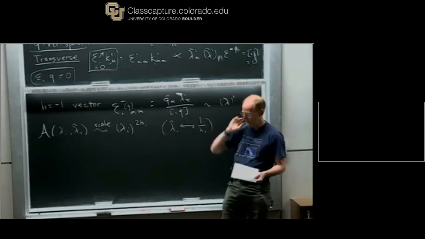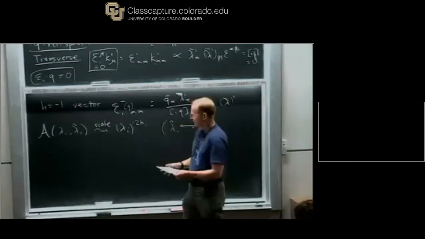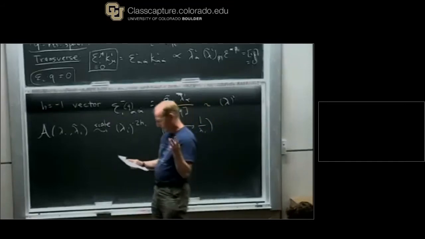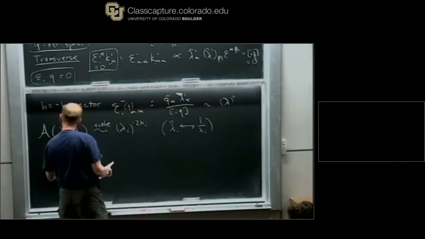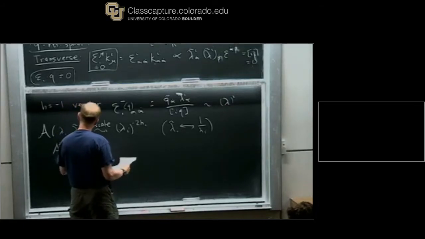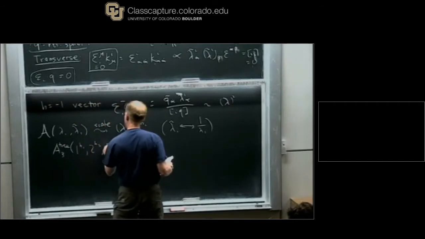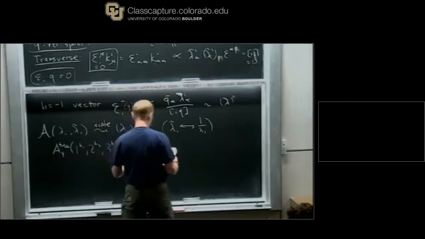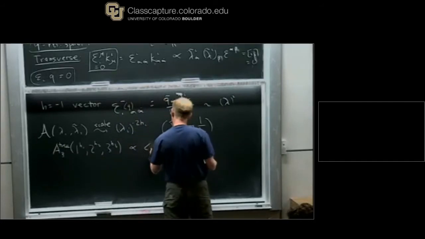So let's work in that kinematics, and then let's just ask if we only have 3 different invariants we can work with, and so the tree level 3-point amplitude for particles 1, 2, and 3 with helicities h1, h2, h3 must be proportional to 1, 2,